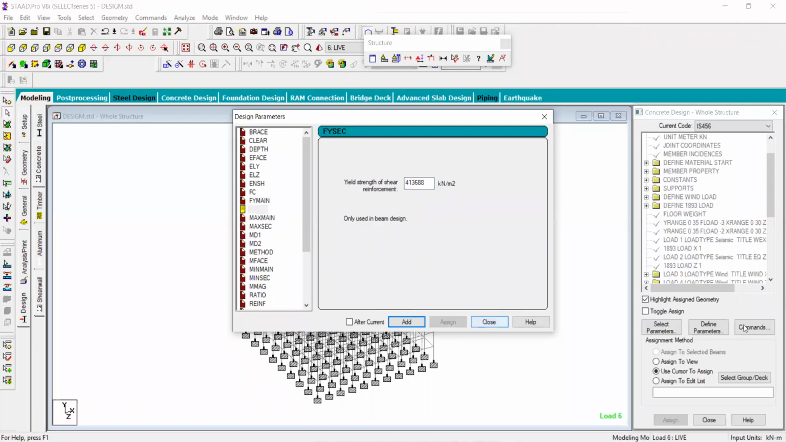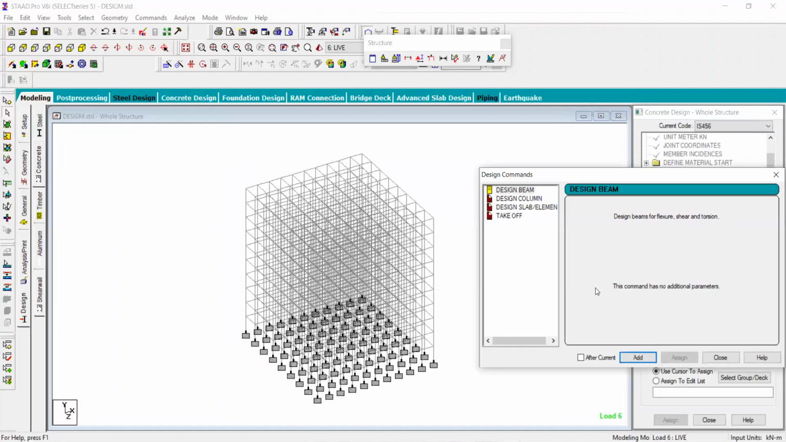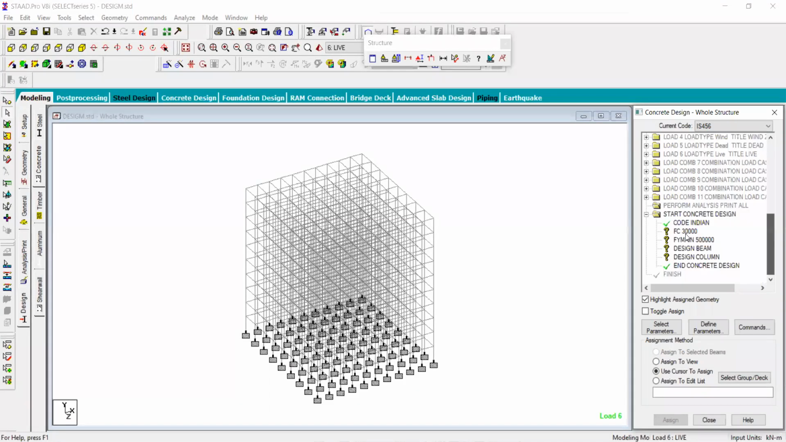After defining this, you have to go to the command. In this one, there are the commands: design the beam, you can add here. Again, design the column, add here. And the slab, you know that the slab of each floor is the same, so there is no need to design it, because it will give different thicknesses, and practically it is unable to construct the structures. After giving these commands, you come on FC 300